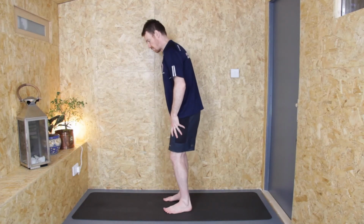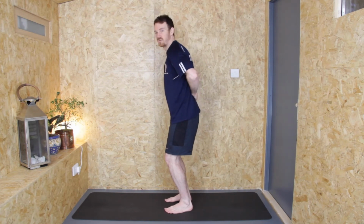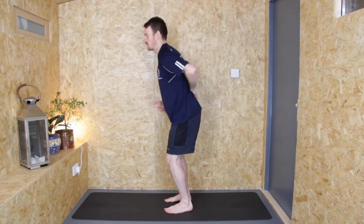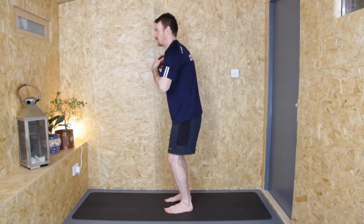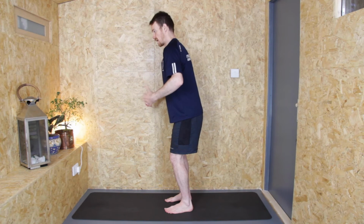Okay, so from our standing position, we're going to go feet hip width apart, we're going to bend our knees a little, and all we're going to do is hinge forward from the pelvis, trying to keep the back nice and tall and straight. So think about what we were doing resting on our front. We were gripping the abdominal muscles so the lower back felt long, tucking the bottom of the ribs down, lifting the top of the ribs up, broad across the shoulders, front and back, long through the neck,